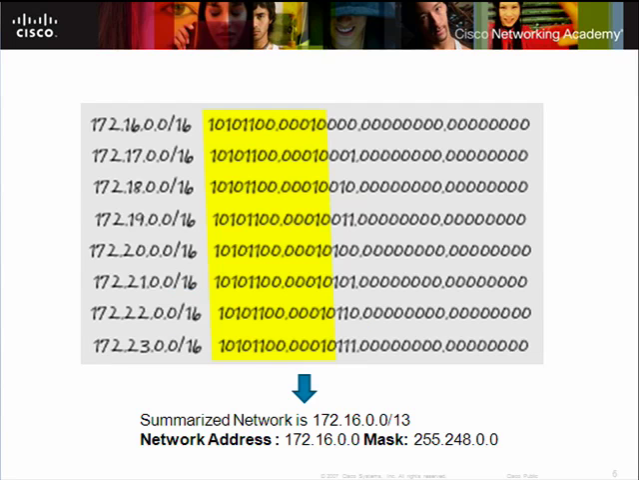Here you can see the binary representation for all the given subnets in the network diagram seen earlier. The next step in CIDR is to determine bits that are common for all these subnets starting from the left. In this example, we see that the first 13 bits are common for all the subnets. Thus, the network can be summarized as